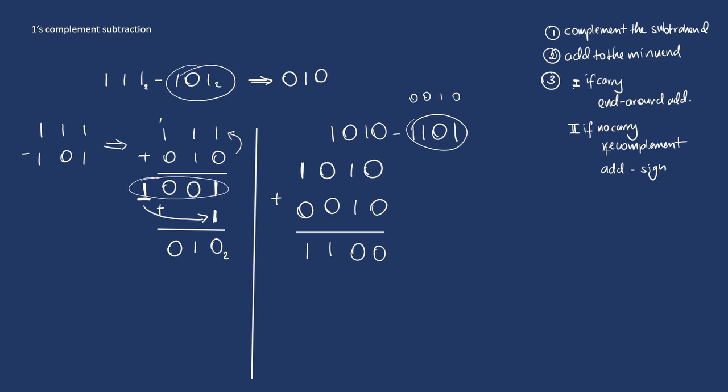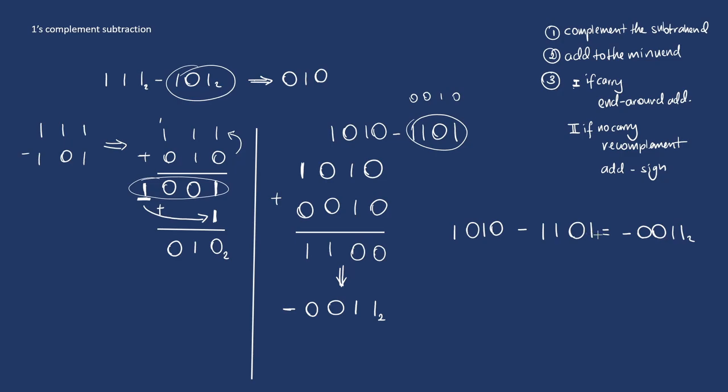So look at the next case and say that if there's no carry, we recomplement and add a minus sign. So let's bring this down. This means we're going to recomplement our answer. We're complementing this using 1's complement. 1, 1, 0, 0 changes to 0, 0, 1, 1 base 2, and we add a minus sign. Okay, so that means that 1, 0, 1, 0 minus 1, 1, 0, 1 is equal to minus 0, 0,